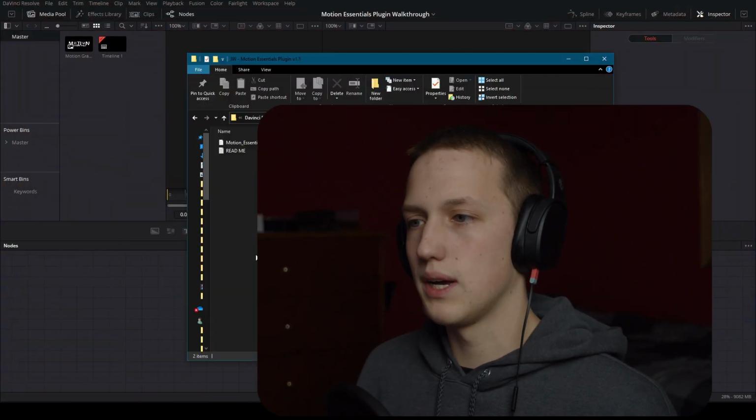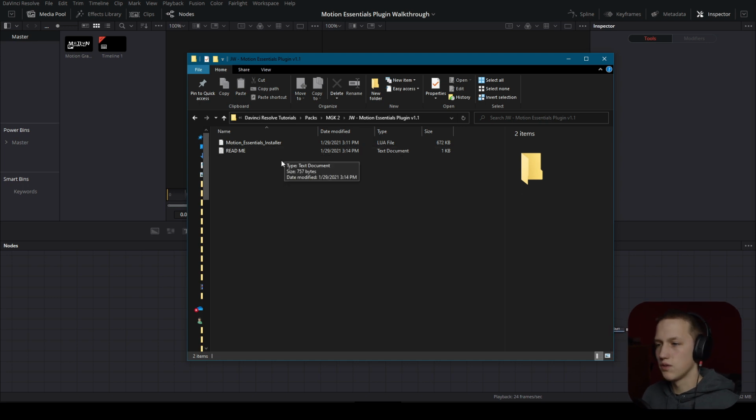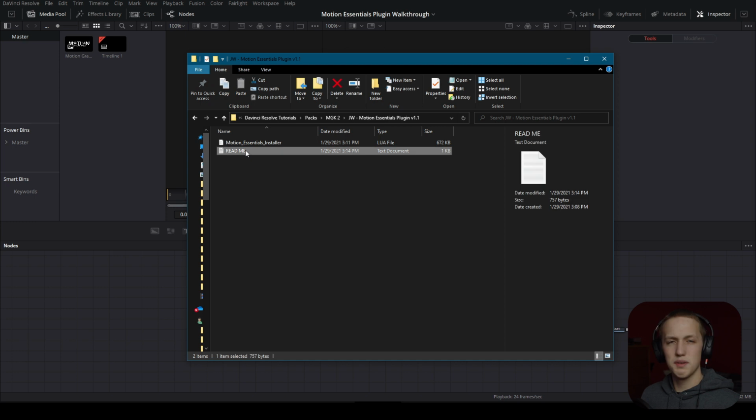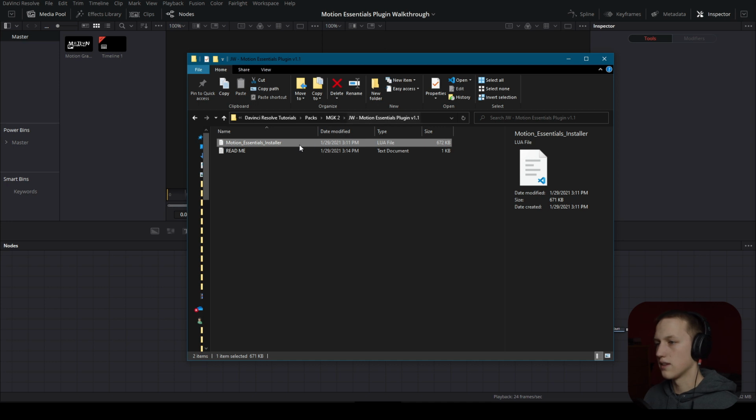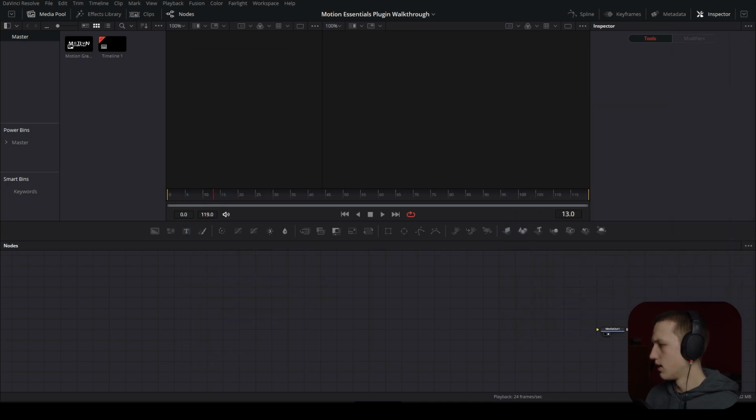So once you download the pack, you'll have a zip folder, and once you extract that, you'll have two files. A Motion Essentials installer and then a README file. The README file just has some of the details on the pack and how to install it. But if you just grab the Motion Essentials installer and move this off to the side, just drag